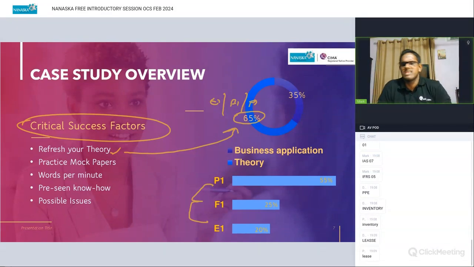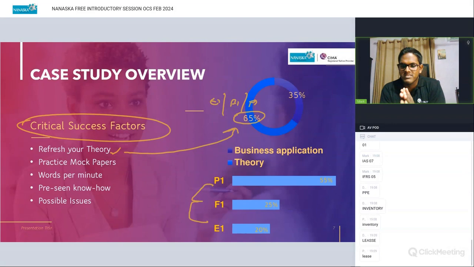Then in terms of E1, you will have your KPIs, shared service centers, right? Then website analytics. Then you will have especially the e-commerce aspects, right? Website, e-commerce apps, things like that. Stakeholder management, supply relationship management, stakeholder relationship management, collaboration, right? Team, things like that. Those will be coming down from your E1 areas. So majority again coming out of the 60 to 70% theory, majority from your P1. I told you the key areas. Then you have F1. You've got to know all the relevant accounting standards that are in the F1 syllabus. Then E1, right? Blend everything together.